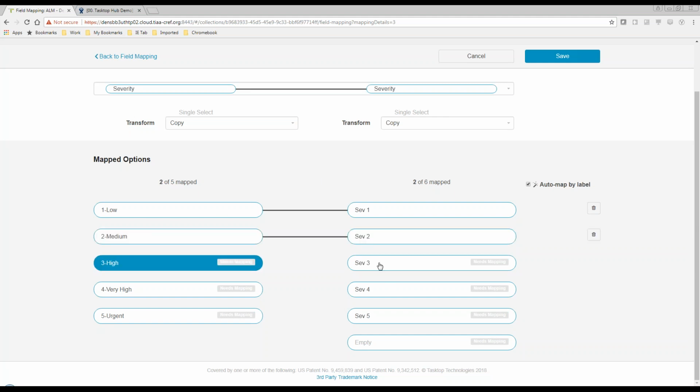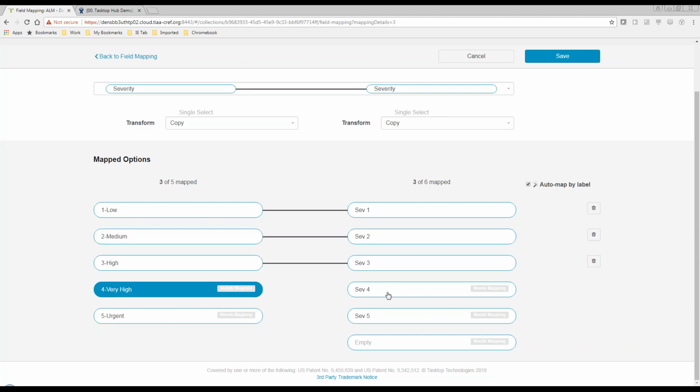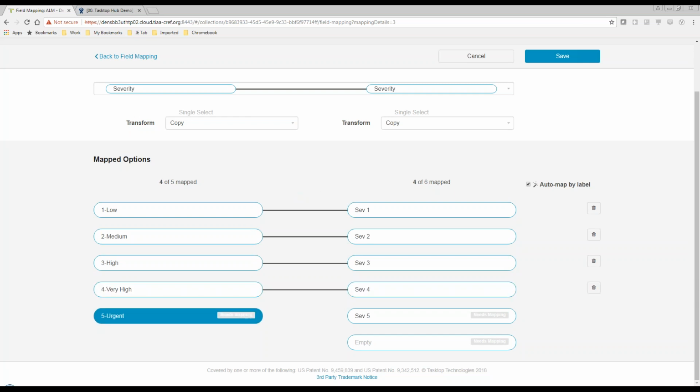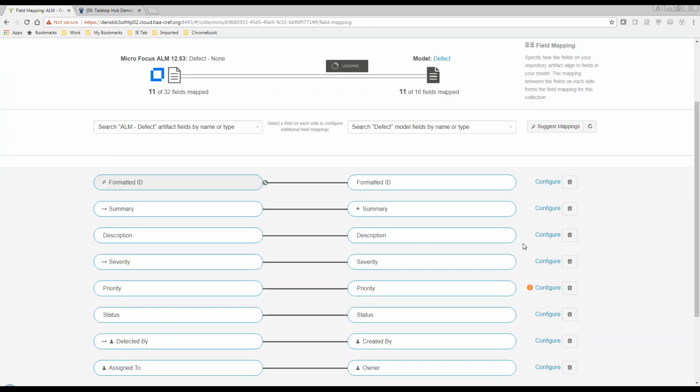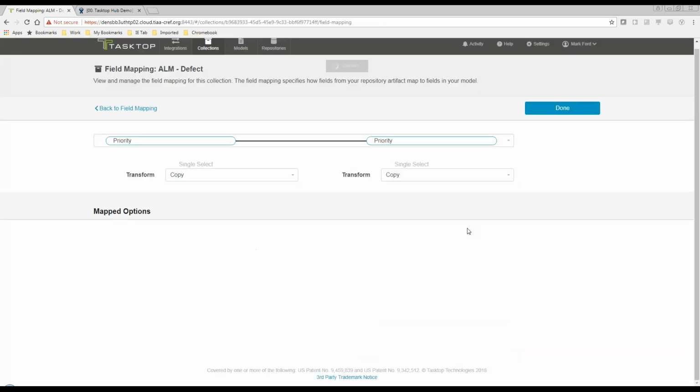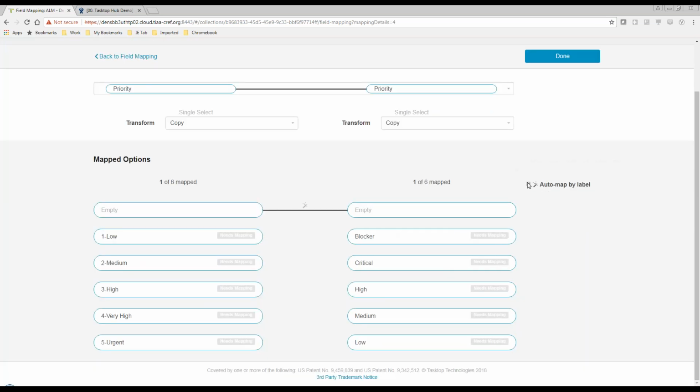You might have 1, 2, 3 in one tool. You might have high, medium, and low. So this is allowing me to map my ALM custom drop-down values to the model values. And then we'll see that those model values will then map, of course, between the 2 endpoints and allow everything to flow. So I'm going to go ahead and map my